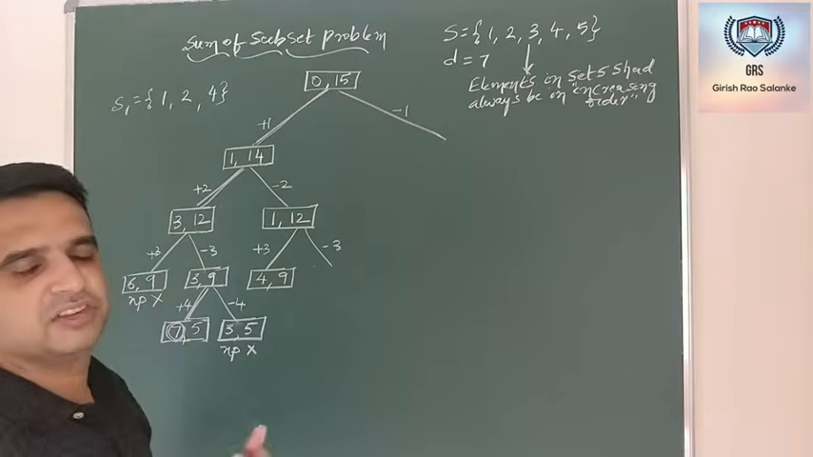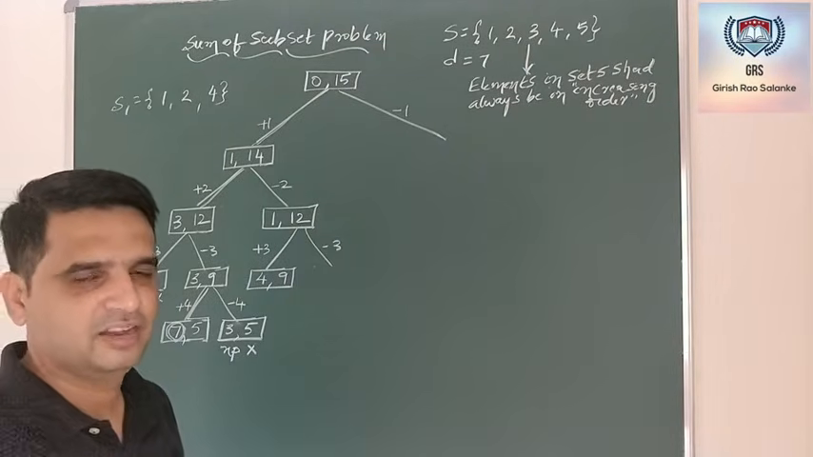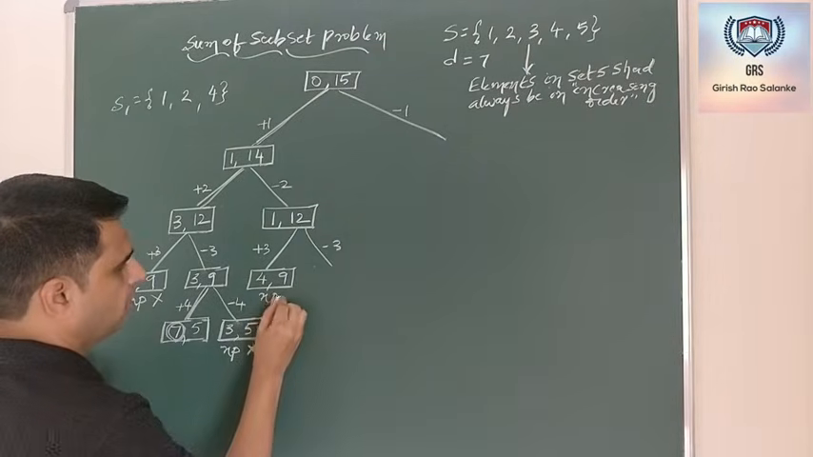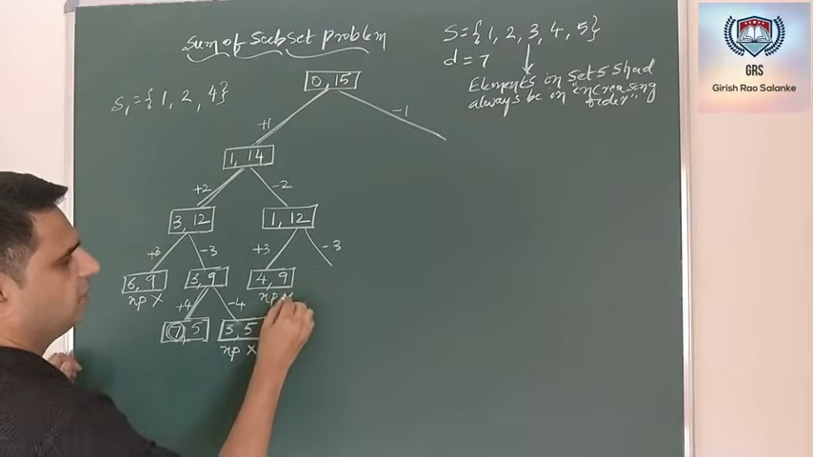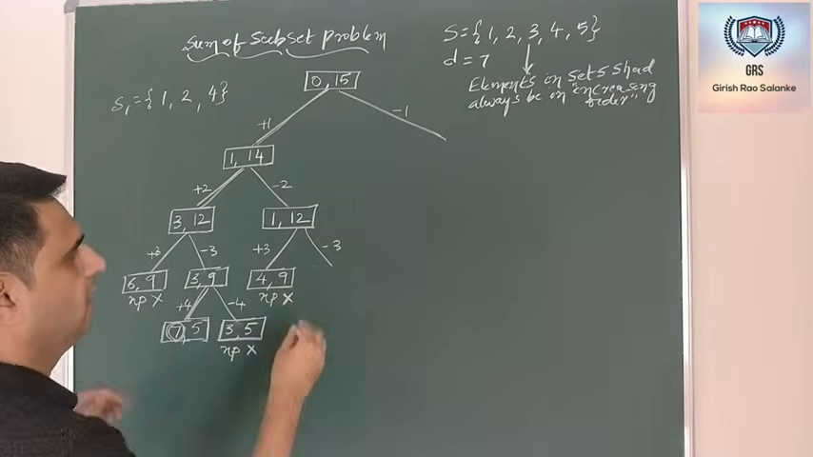4 plus 4 is 8, which is greater than 7. So hence even this is a non-promising node. No need to go further. This cross mark indicates that I am not going further. Next here